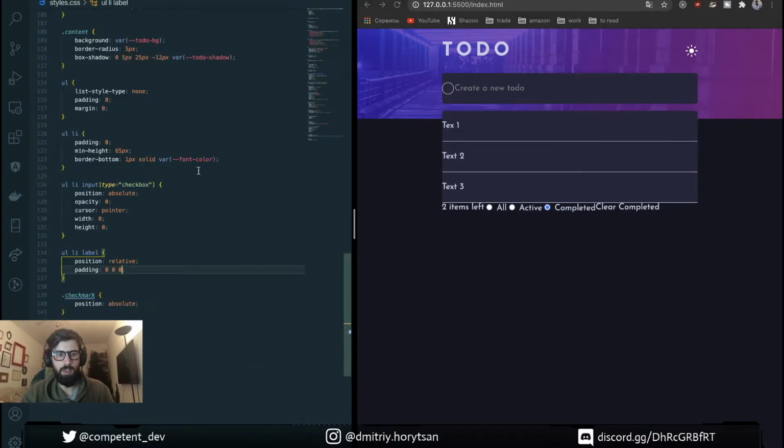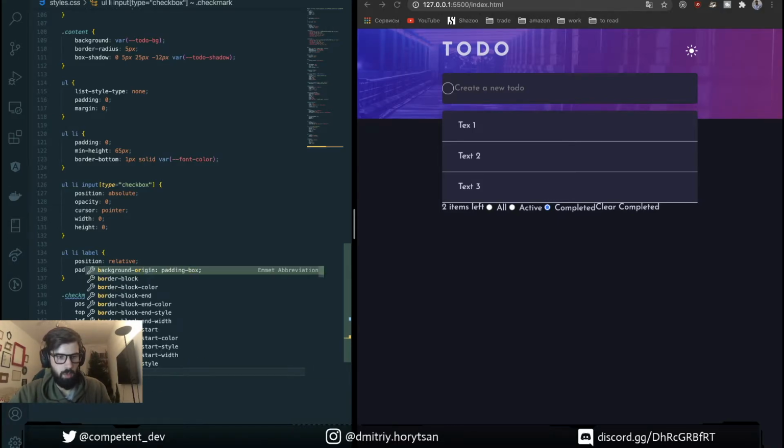Okay, so for the styles we need to add here 35 pixels. And then the check mark: position absolute, top -5, left 0, height 25, width 25. It's going to be here, the checkbox and the sibling's check mark.